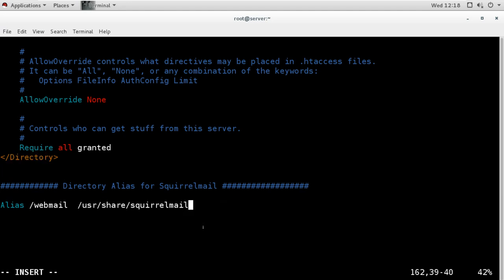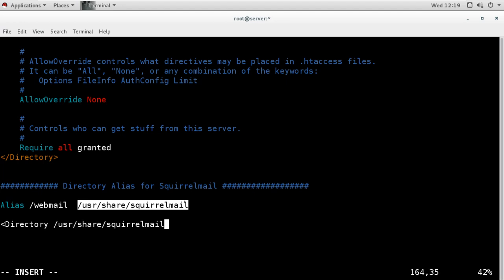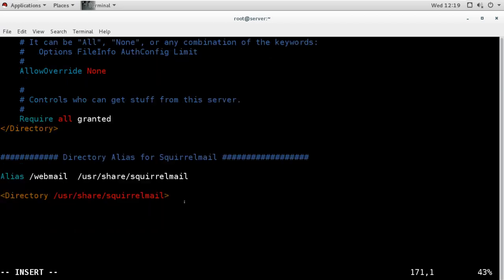So we have to create this directory tag for this extra directory. After creating the alias command, I have to add this tag here for the directory. So Directory, and this is the actual path. Then in this we add some options here.